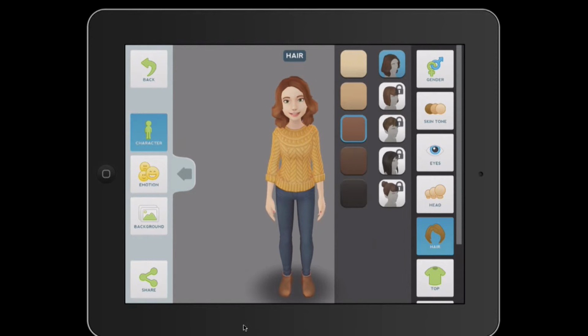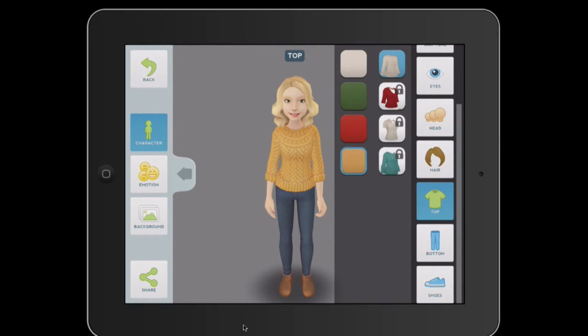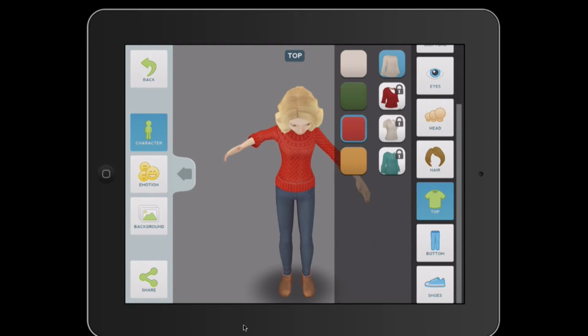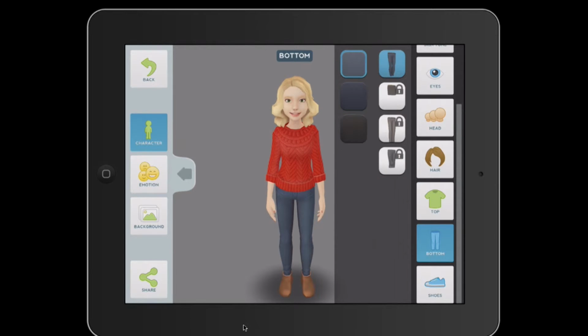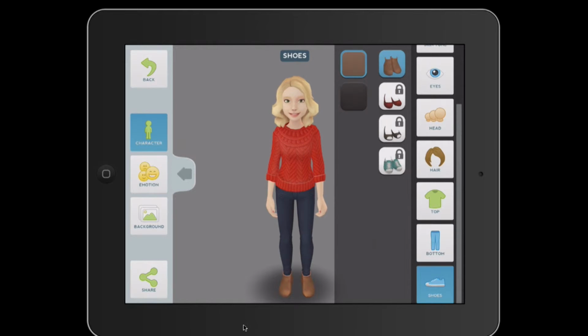Yeah. We can also change my hair color. So if you always want to be a blonde, you can be a blonde. Could you take some gray away from me? I'm not sure. I could try that out though. We can change the color of my blouse. So I'll go with the red today. And the pants, I can change to a darker blue. So those are the options that you can change in your character.